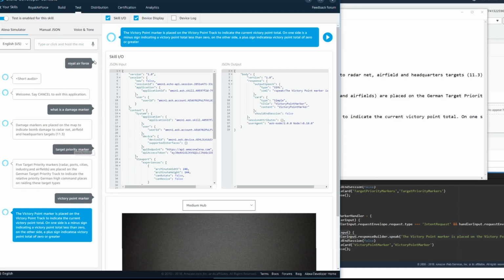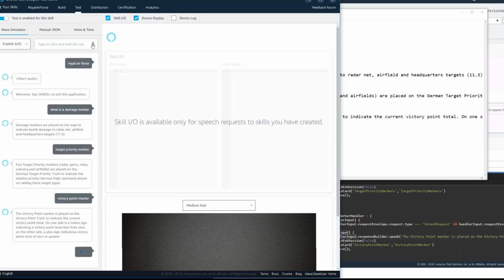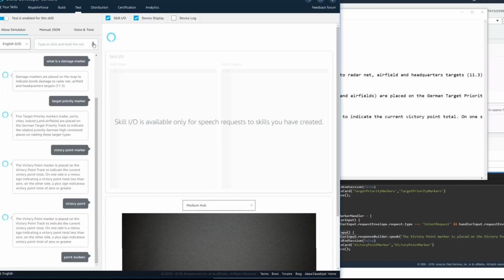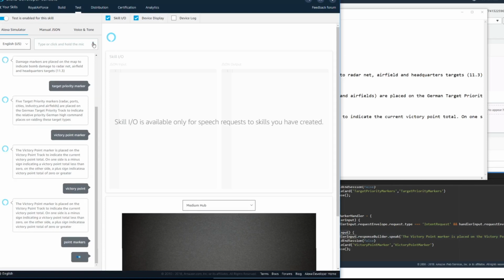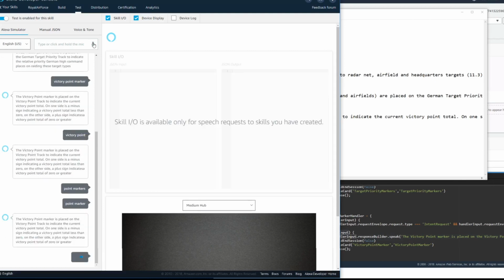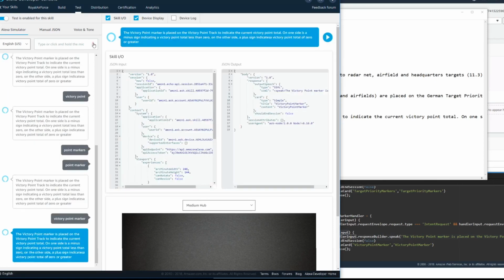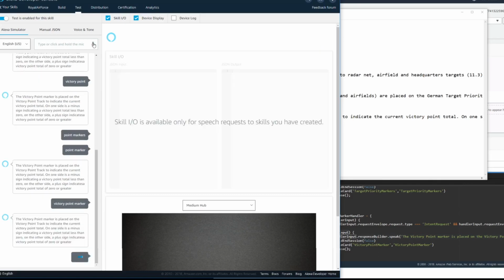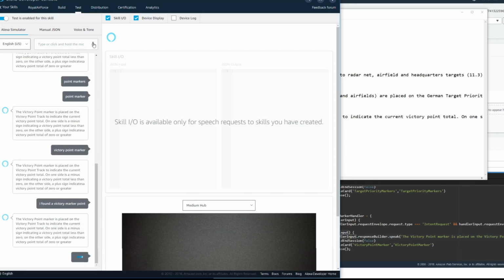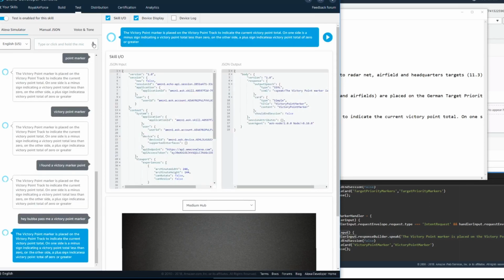Victory points. The victory point marker is placed on the victory point track to indicate the current victory point total. On one side is a minus sign indicating... What about a victory point marker?